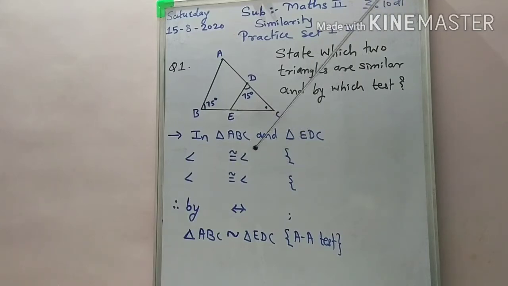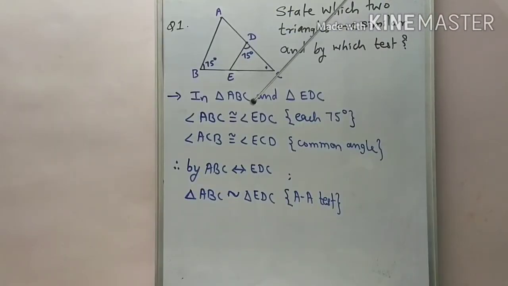And then by the one-to-one correspondence, as we write here, ABC one-to-one correspondence EDC, we can say the two triangles are similar triangles by a test. So write down the particular names of those angles here, students. Understood, students? So here we write the names of the congruent pairs of angles. The first pair is angle ABC congruent with angle EDC. The reason is each is 75 degrees. And the second one is what?